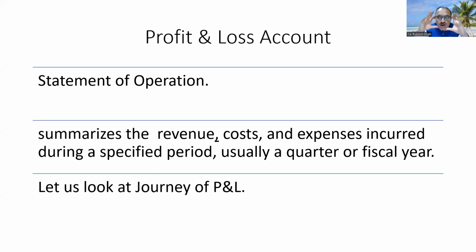It records all the operations of the company: purchases, sales, expenditures. All those things are captured in the P&L account, and it gives you at the end, ultimately, the performance of the company in terms of profit or loss, right? As you can see, it is nothing but the summary of all your revenue, expenses, and costs which are incurred